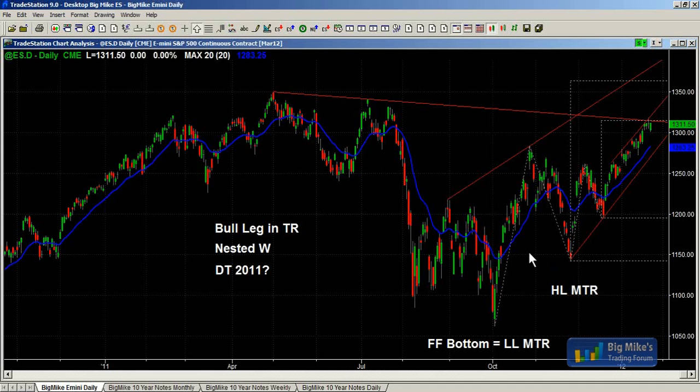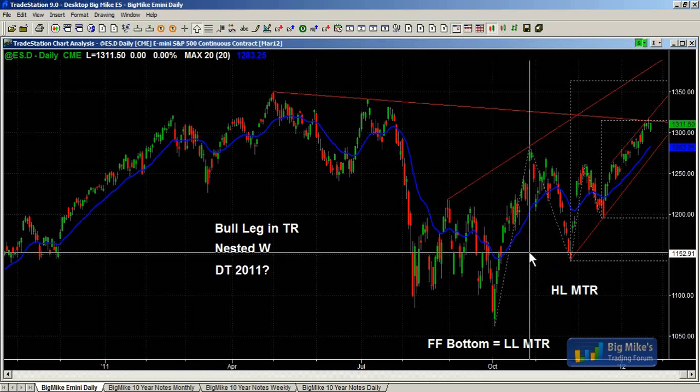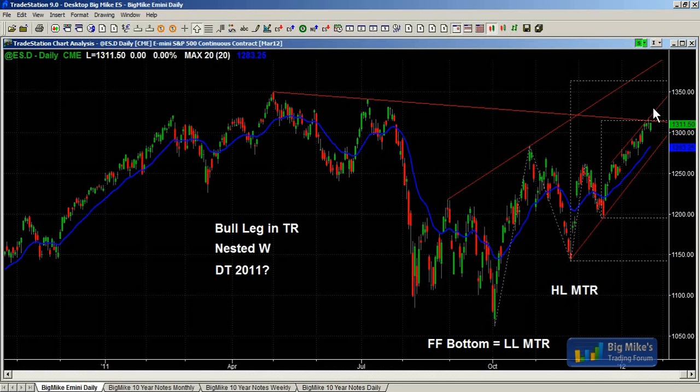We had a very strong leg up in October, and a sell-off in November, and then we're currently in another leg up. And this could be the extent of it. It could simply be 2 legs up. Trading ranges often have 2-legged moves. We had 2 big legs down, July to October, and this could simply be 2 legs up, testing the high of the trading range around 1350, forming a double top, and then the market turning down. So we had the final flag, and then we had a higher low major trend reversal.